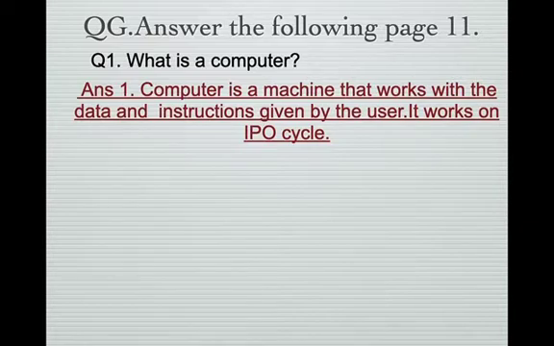Input is nothing but data and instruction. Who gives this data and instruction? User. When you sit on the computer and you are using the calculator, then you are the user for that computer. And it works on which cycle? IPO cycle. Input, process, output.